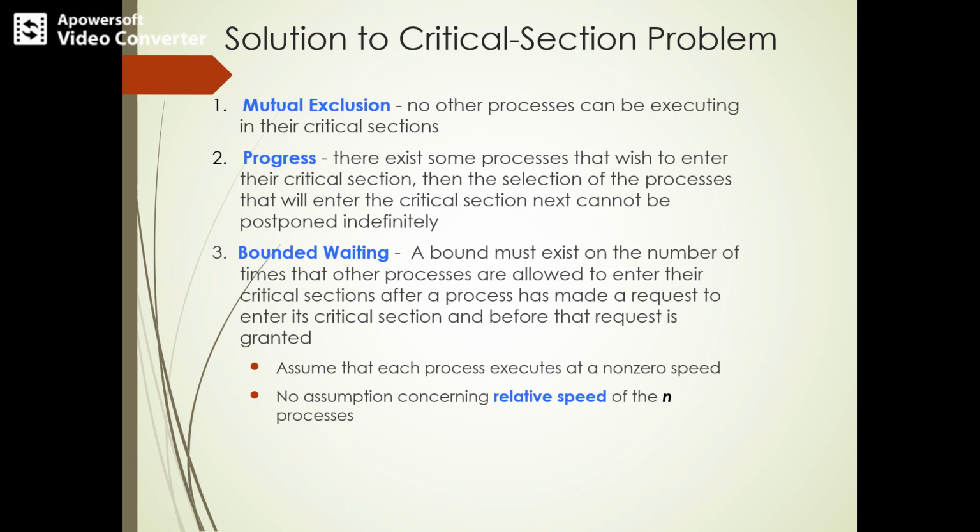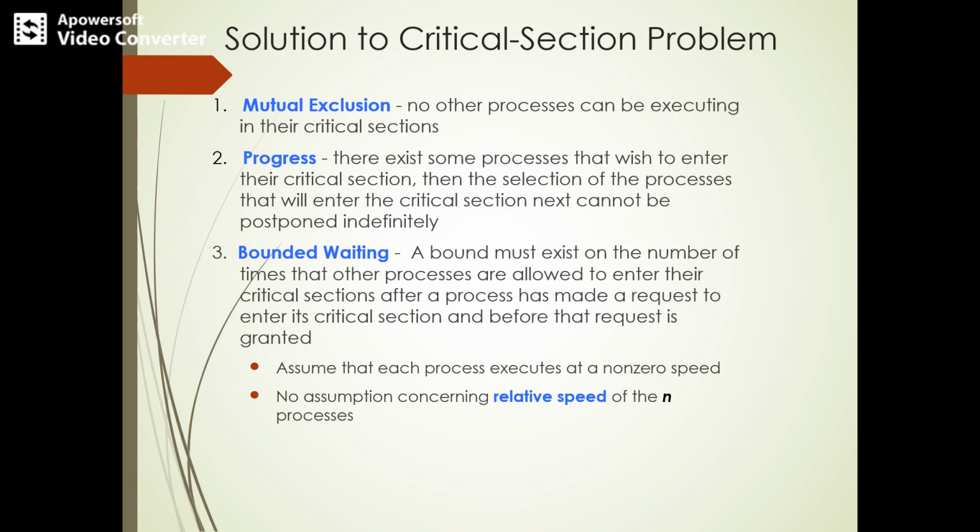The solution to the critical section problem must satisfy three conditions. The first is mutual exclusion. Next, it should satisfy the progress requirement, and finally bounded waiting.